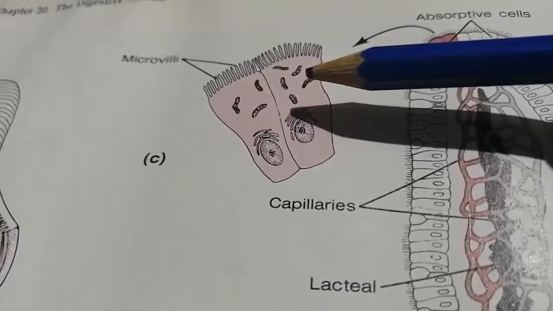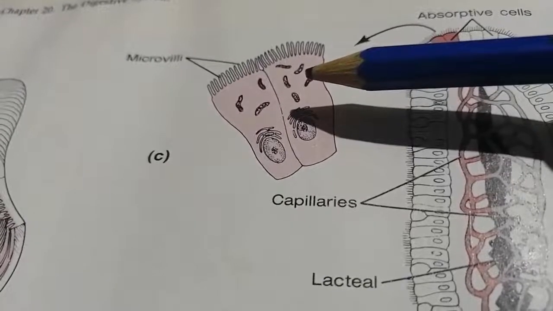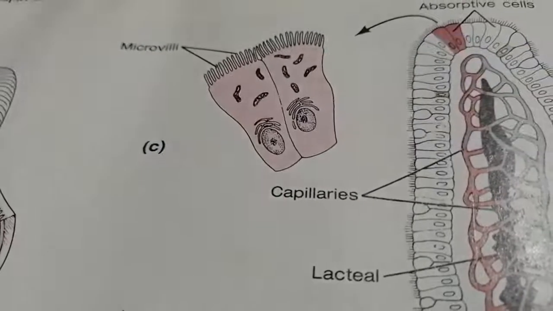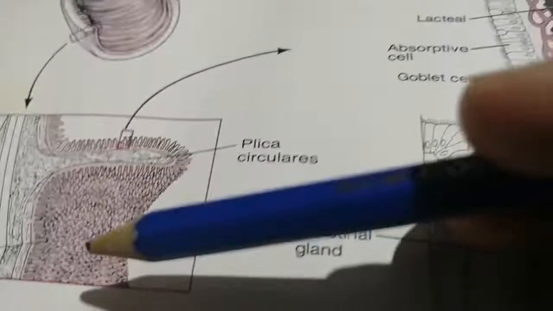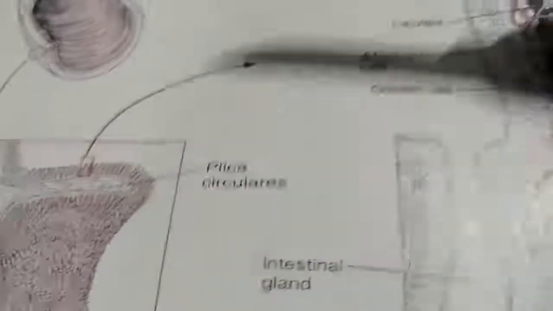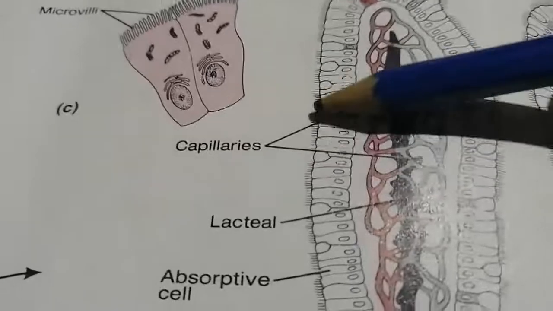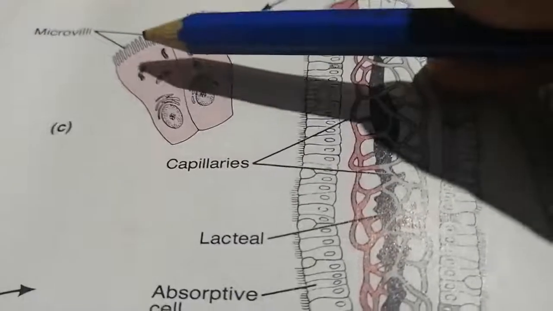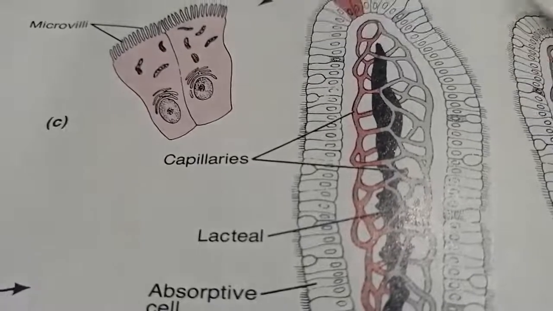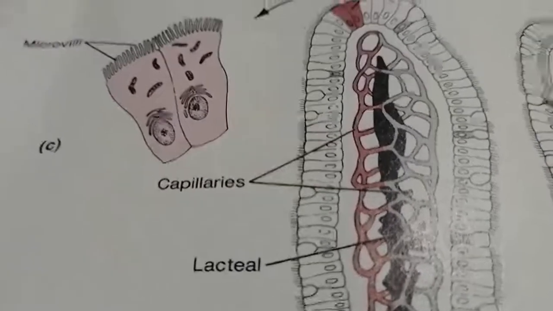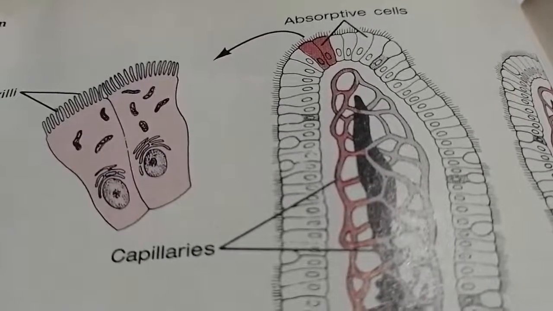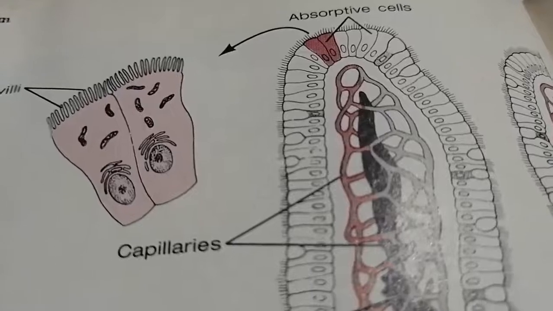That throughout this small intestine, it is increasing its surface area by forming these villi-like structures, isn't it? The surface area is greatly increased, and further the cells on it are also increasing the surface area by forming these microvilli, which is very much required for a surface absorption process. More and more absorption can take place if the surface area is large, isn't it? More and more substances can move inside.